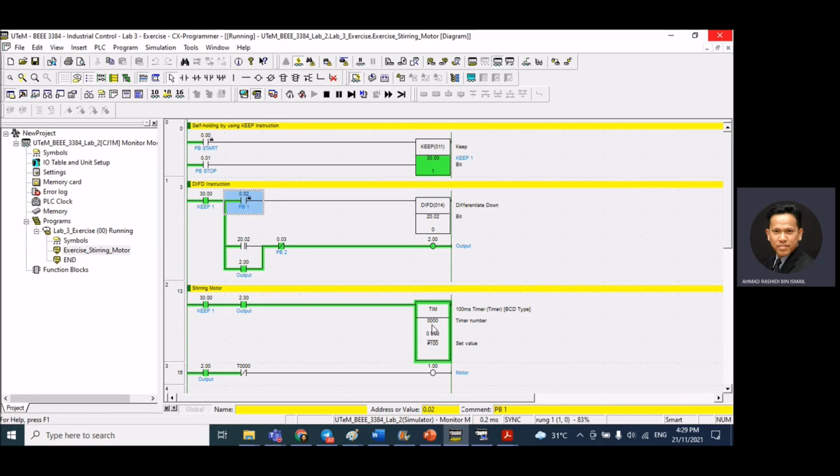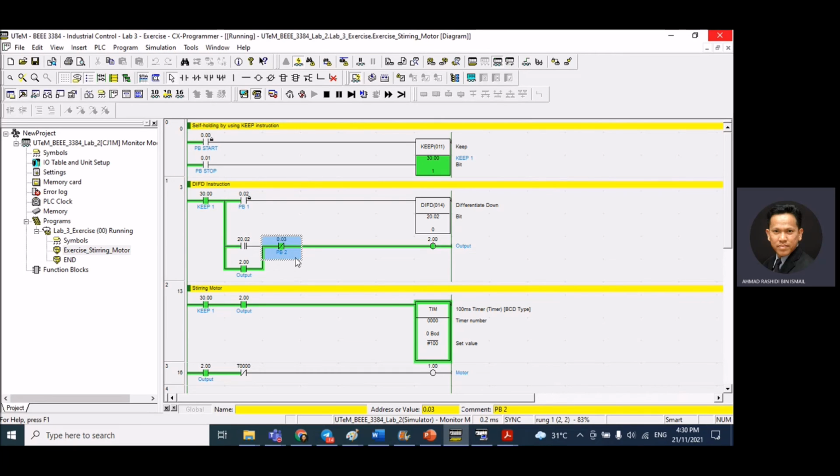Once the timer completes counting 10 seconds, the motor stops running and returns to the initial condition. In this case, if I press push button 1 again, the motor does not run. This is because I did not press the reset button, push button 2.